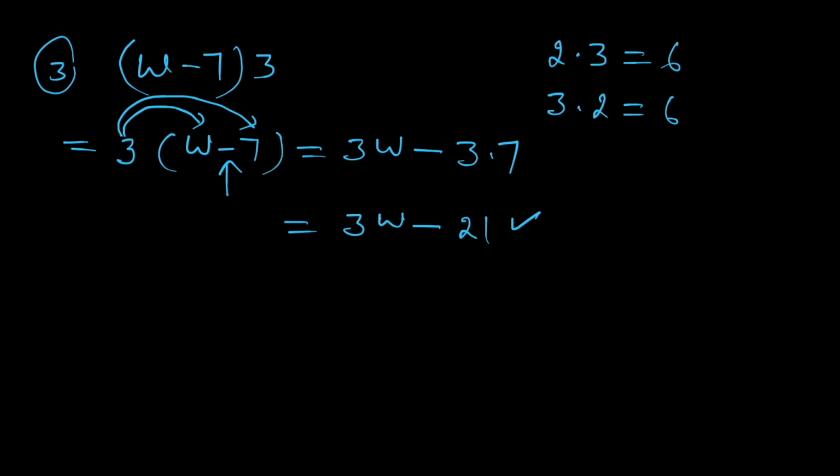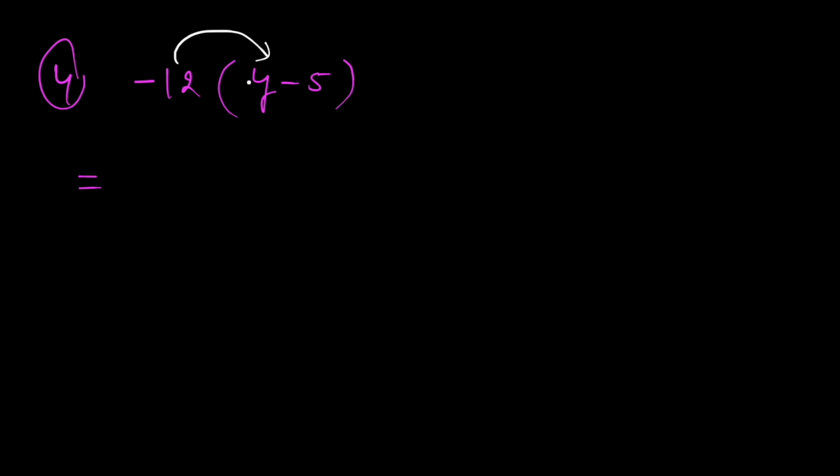We can take another example here. Let's say we have negative 12 times (y - 5). No matter what type of question you get, the basics of the distributive property are the same. So all you have to do is first multiply this negative 12 with y, okay, and then this minus sign will stay, and then you multiply negative 12 with 5. Okay, so that's how we'll do it. So negative 12 times y first, then put this sign here, and then this negative 12